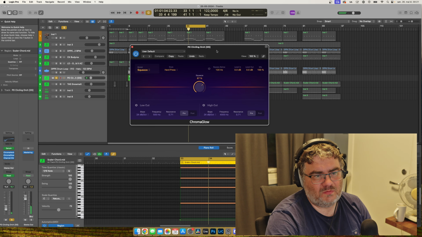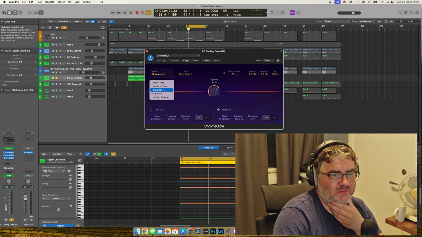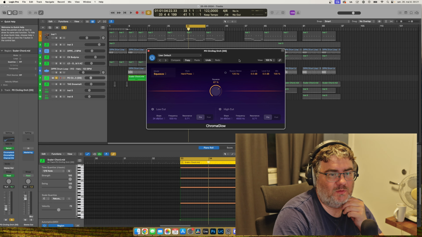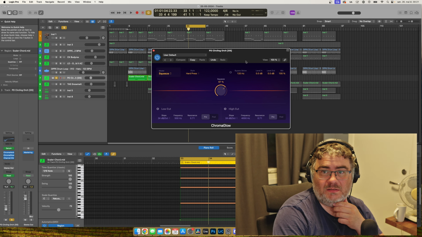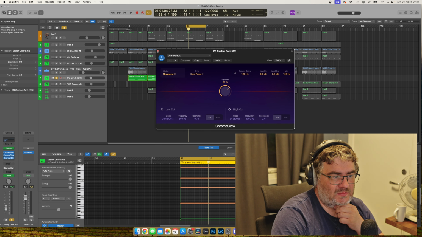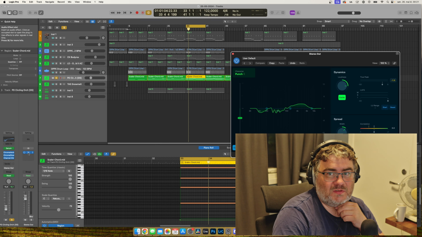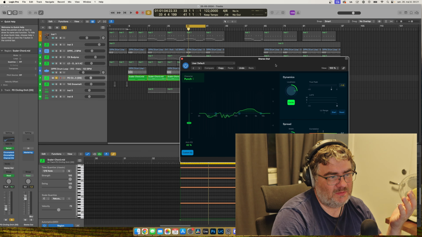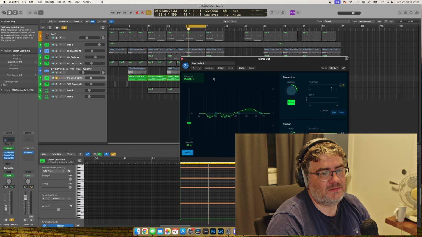And I think that to use this saturation, or to use some of these algorithms, you actually have to have an M-based Mac. So you can have the lowest end M1 MacBook Air, for example. That works fine. But you can't use it with Intel Macs if you have a really old or older Mac. So that's good to know. And that's the same on the mastering thing here. So I just threw this on. I had to make a version of this and upload it to SoundCloud to show a friend of mine. And I think this mastering,